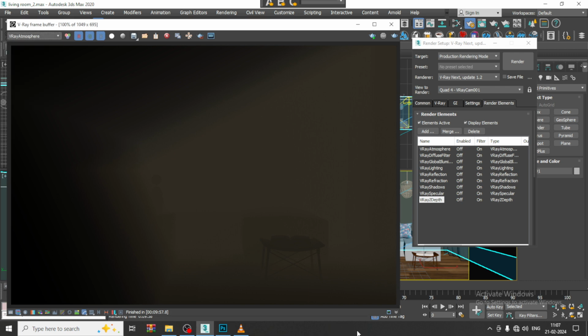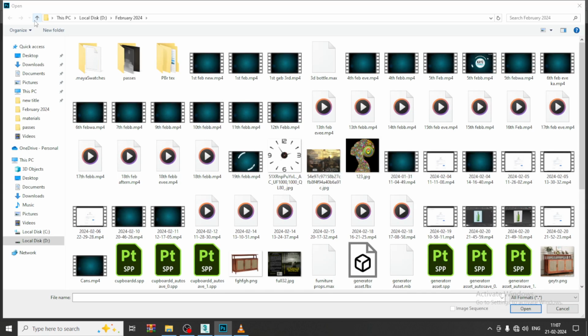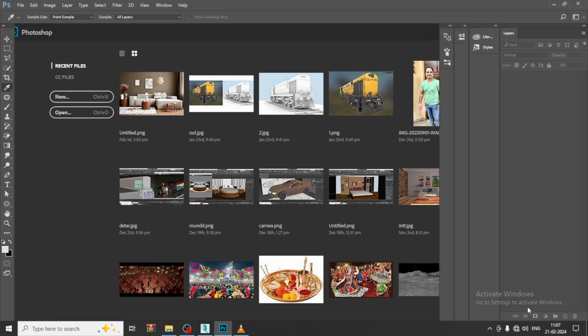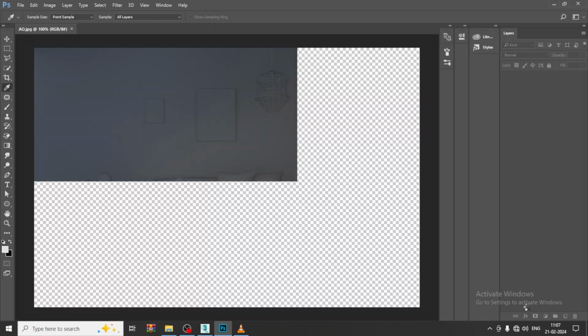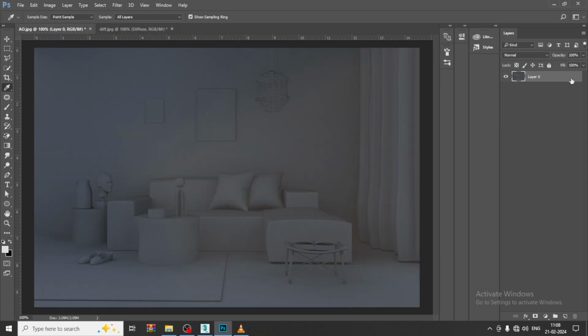I'll just keep it as it is. So let's go back to Photoshop. Let's go into file and I'll open these passes one by one. So let's first take the diffuse and ambient occlusion pass. So let's composite that first. I'll just write it as diffuse. Let's take this pass